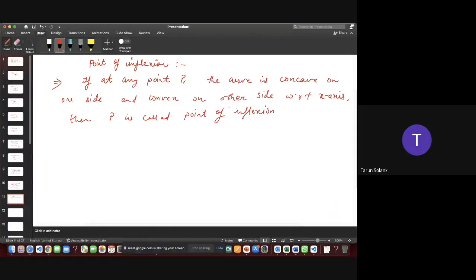Okay. Thus, at point P, d square y by dx square is equal to 0, but d cube y by